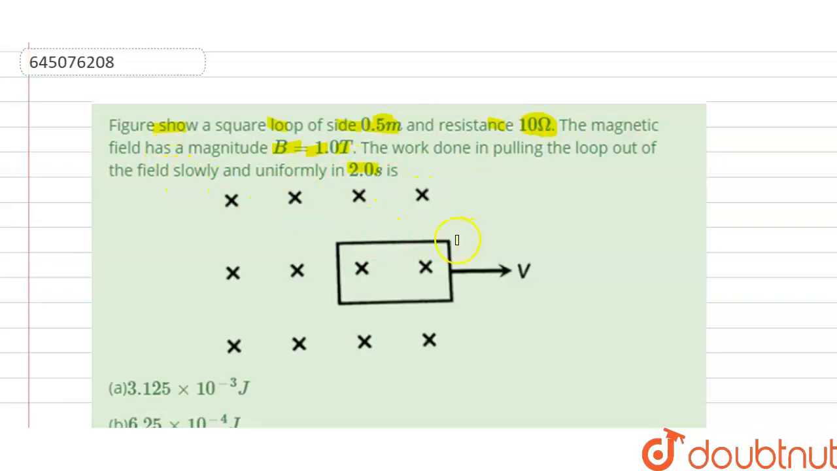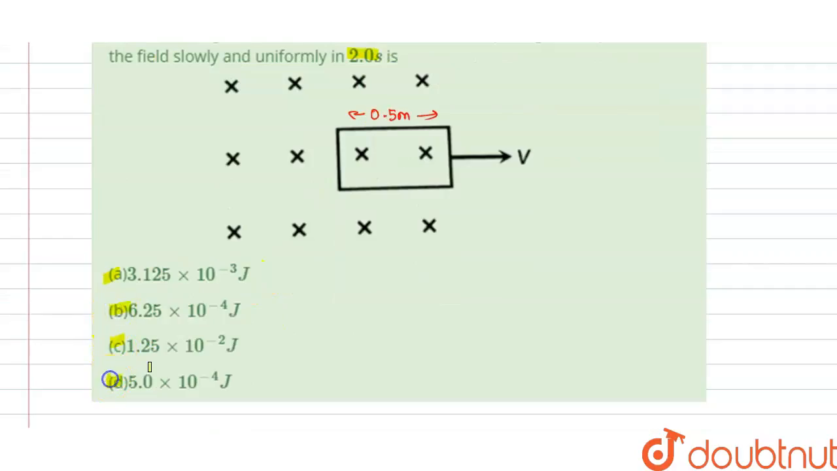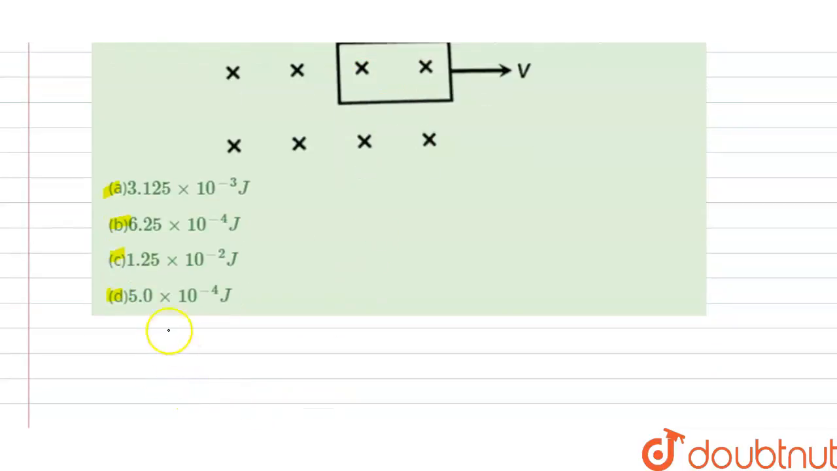so this is our magnetic field and V is the velocity of this square loop, and the length of this side is 0.5 meter. It is given to us and we have 4 options. We have to find the work done here. A, B, C, D options are given to us. So the solution of this question is,